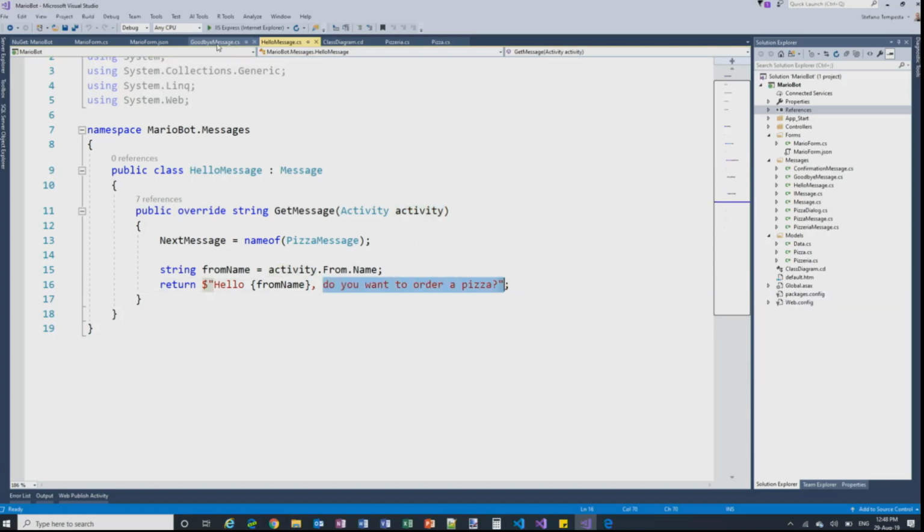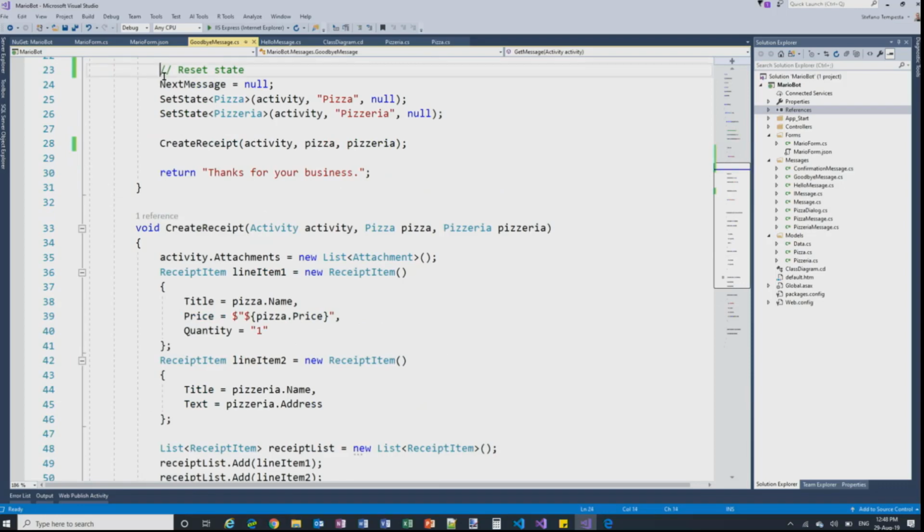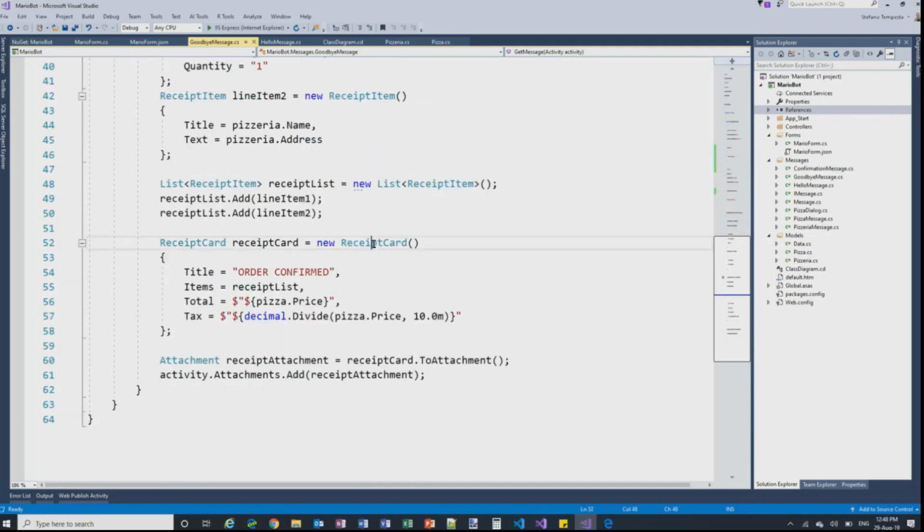And then I skip the messages, I go to the end, and you see the last stage is slightly more complex, because it says: get me the pizza from my memory, from what you have selected, the current state, the pizzeria, and then reset, because I already took your order, and create a receipt. Creating a receipt is basically building a receipt card with the order confirmed, the item that you ordered, the total, and so on. And this receipt card is what is called